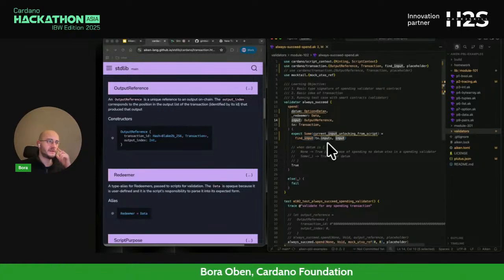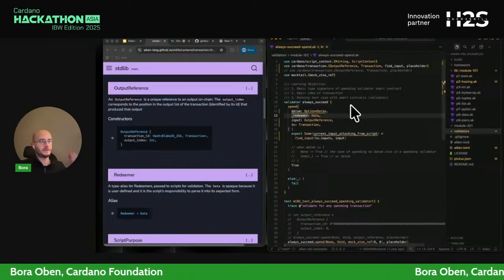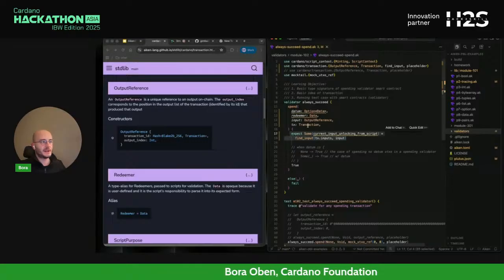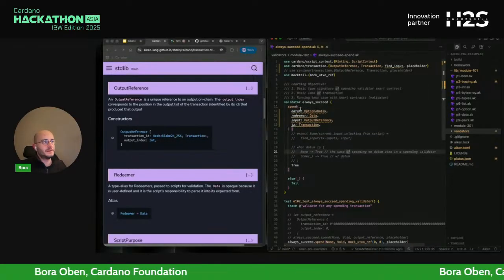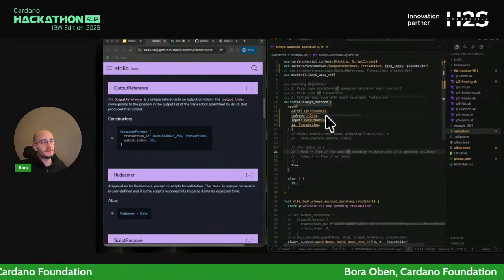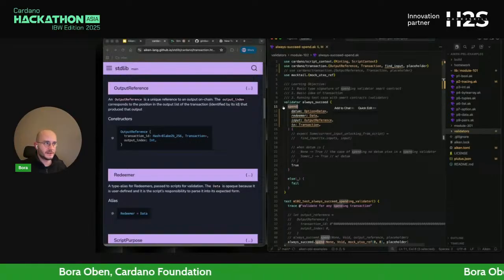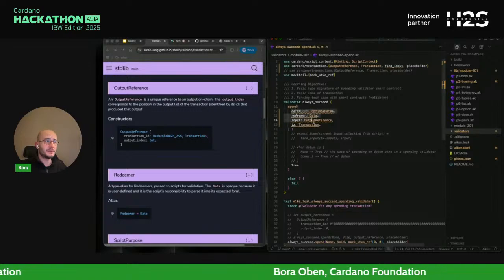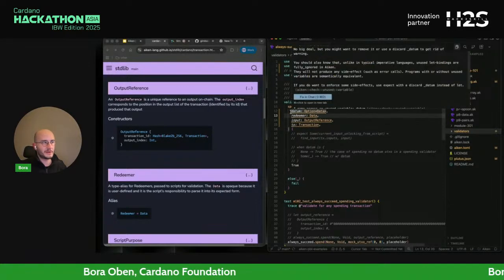So if we take a step back, we talked about a lot of stuff, but if we dumb it down a bit, what can essentially happen in this template smart contract is that this smart contract at the end of the day will govern the rules of spending from a smart contract address, because you see that this is a script purpose for spending. And then the following fields are telling you about what type of interaction will be taking place, in a way, if you think about it.